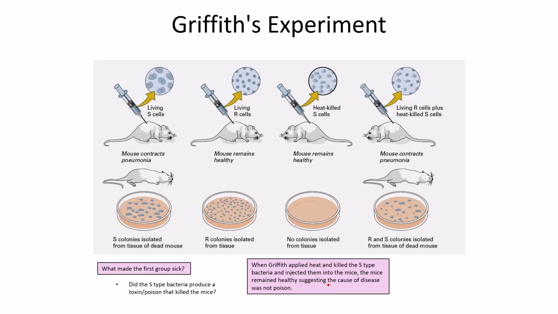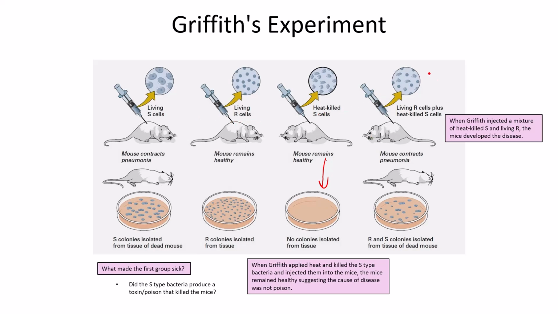Right, so it's something living in the bacteria or the bacteria itself being alive, because when you inject the dead version, it doesn't harm the mice. The reason he employed this particular trial was because if the bacteria produced a toxin and you killed the bacteria, the toxin should still be present, right? And it didn't produce any kind of disease, and so it can't be a toxin. He basically solidified his understanding of that particular question. That'd be like a control group, right? Yeah, control,